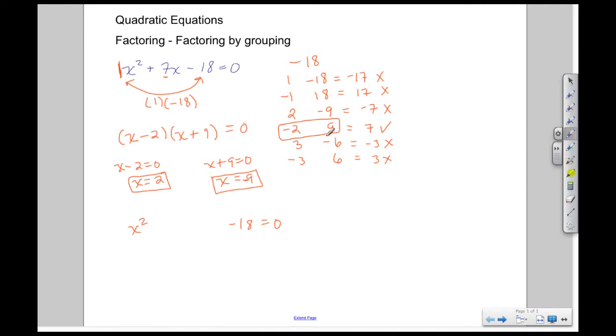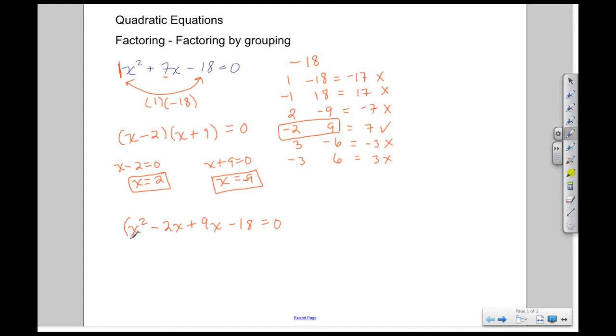What I need to do is figure out which one of these will be the best matchup for either this first term or this last term, so that I can factor by grouping. I see here that I have a 9 and a negative 18. I know they both have a common factor, which would be 9. So I'm going to pair that 9 with this negative 18. So I'm going to write my first term, negative 2, and remember to add the x here, and then I'm going to add 9 plus a 9x. And again, this negative 2x plus 9x still gives me this middle term of a 7x.